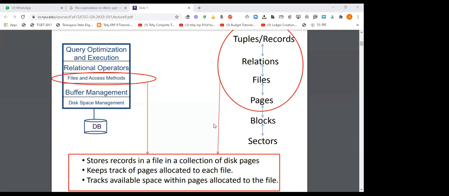In a similar fashion, our records that are stored in tabular format are called records. Those records have some relations, and that is what files are. The files come from some pages. Now, when I say these pages, we mean they are on the hard disk. We are not going to put the pages directly on the hard disk. The hard disk will have some sectors and blocks.